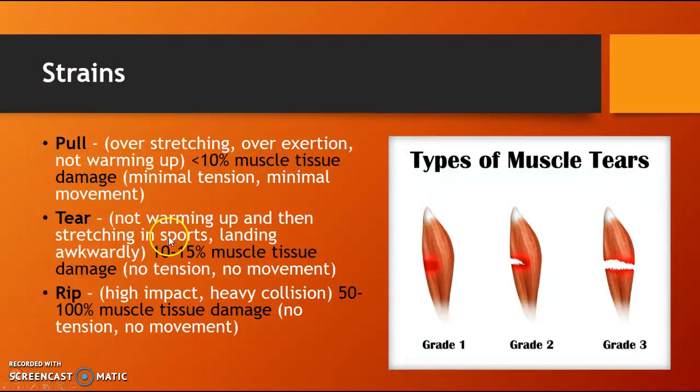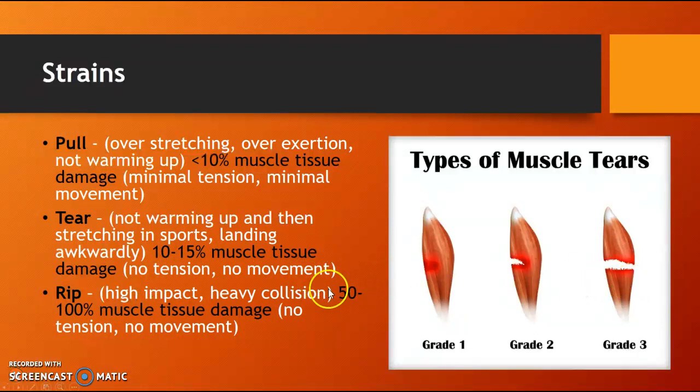The second type is a muscle tear, as you can see in the diagram here. So this can be done by not warming up properly and then stretching very far in sports. This could be like not warming up properly and then really lunging in for a tackle in football, for example. Or it could be done by landing awkwardly in a sport like basketball, where you jump up for the ball. A tear can damage between 10 and 15% of muscle tissue, and with this there's no tension or no muscle